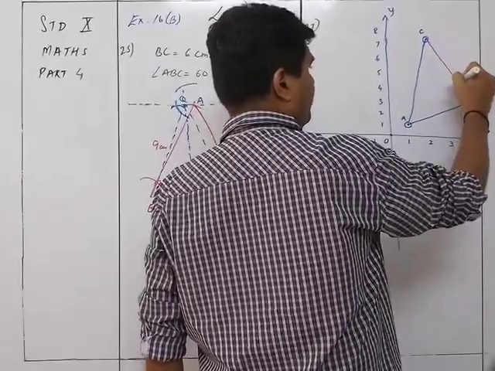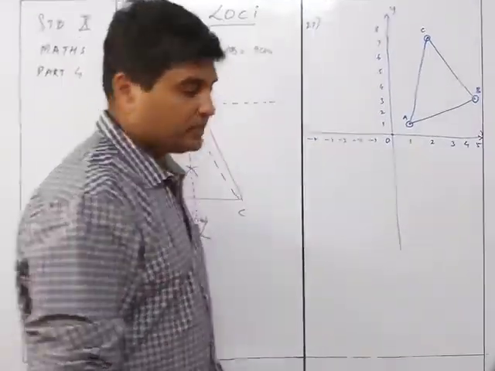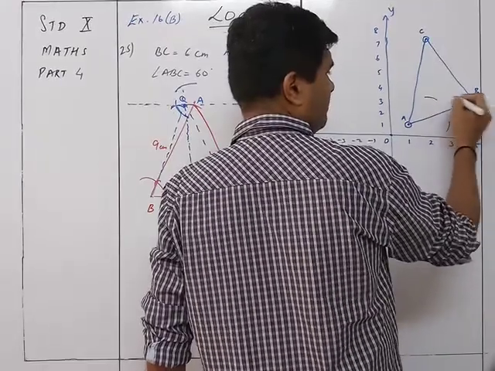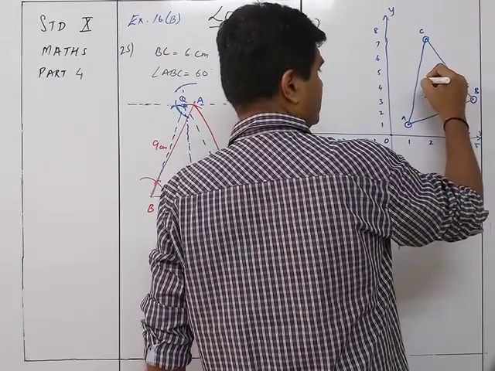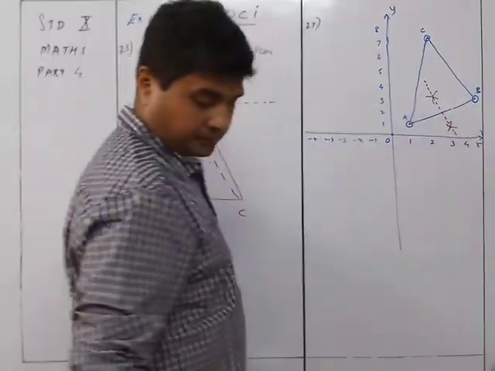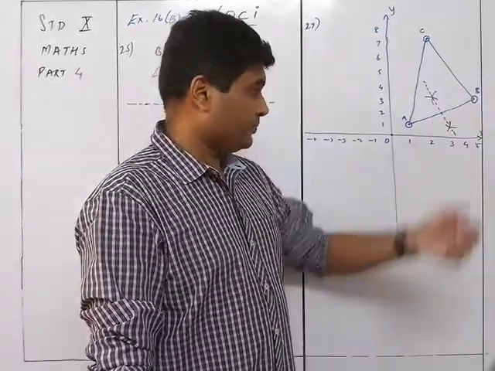And the locus of A and B, of course, will be the perpendicular bisector to AB. So that will be the perpendicular bisector from here, arc up, and from B, arc here and here. So this will be the required perpendicular bisector. That is the locus of point equidistant from A and B.